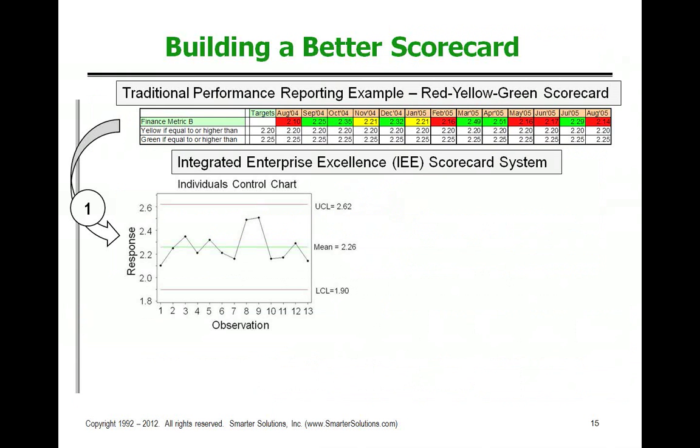So if something hasn't changed recently, again, 3 weeks, 3 months, or 3 years, what can we say? We could say our process is predictable. Now, isn't that exciting? The other forms of reporting don't say anything about predictions: stacked bar charts, pie charts, red, yellow, green scorecards, or other forms of reporting. So right now, with this methodology, we can say the process is predictable. The next obvious question is, what do you predict?